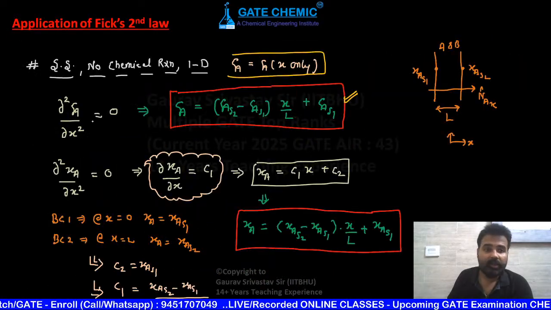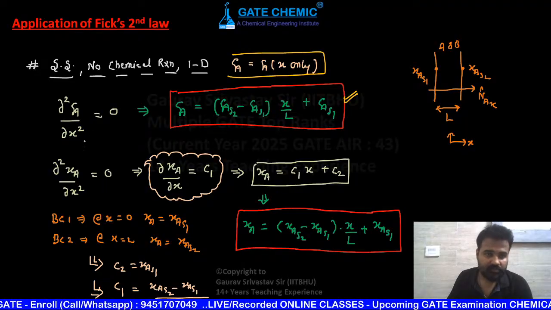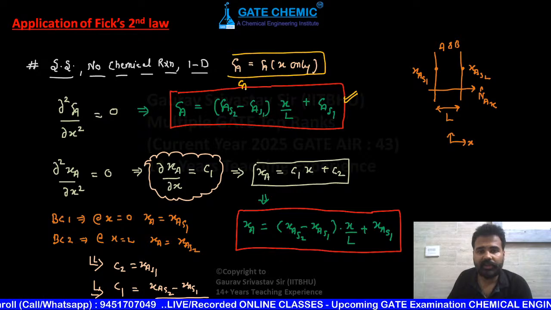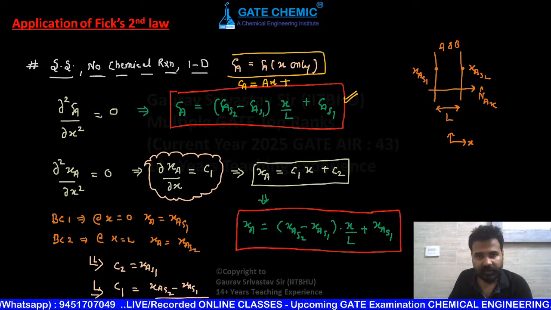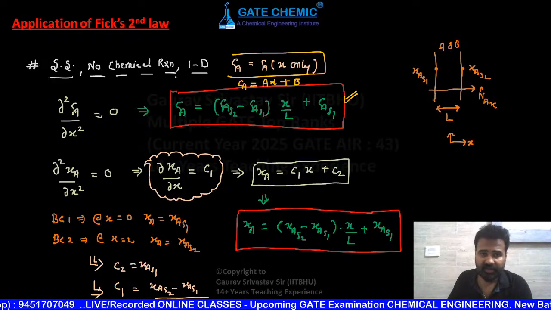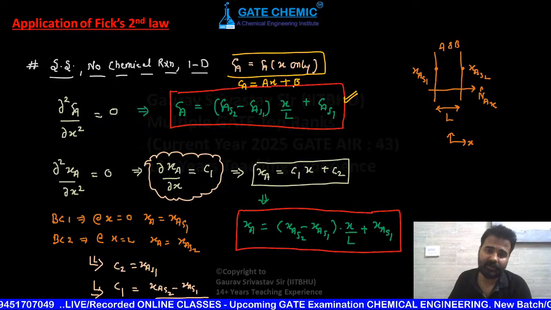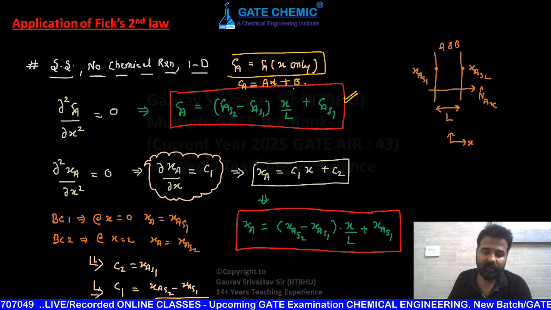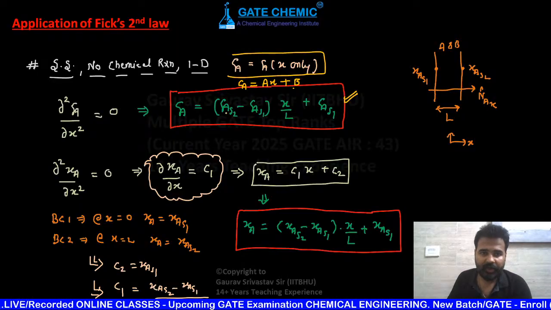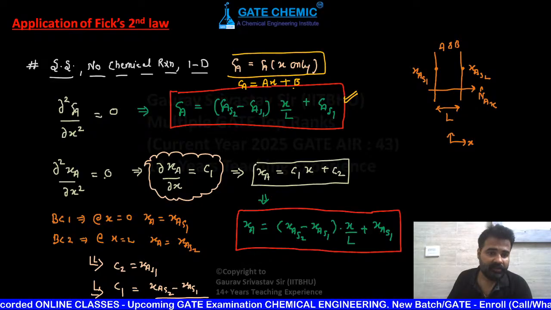See here, after putting boundary conditions, after obtaining them you will get this equation। Initially this was CA equals C1 x plus C2, I am writing a and b instead of C1, C2। ओके, सो लीनियर रिलेशन, लीनियर रिलेशन ऐसे में कैसा आता है, लीनियर ग्राफ आता है, ये आपको बताना चाहते थे। And a and b are constants that you can find with the help of boundary conditions। After putting boundary conditions, a's value will be (CA_S2 minus CA_S1) by L and b will be CA_S1।